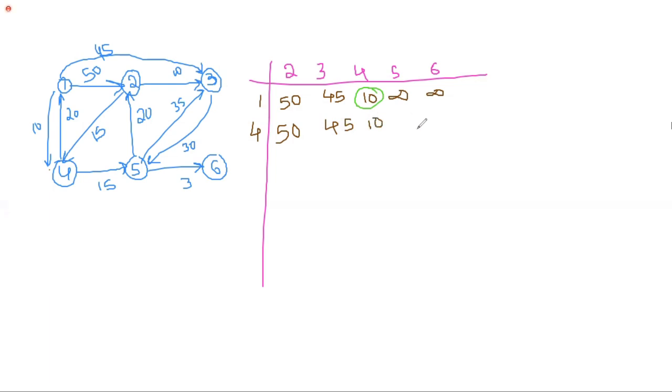Next, 1 to 5. Is there any possibility to reach 5 from 1? Now I know vertex 4 also. With the help of 4, is there any possibility to reach 5 via 1? Yes, ma'am. What is the distance now? 25. Why are you not saying 15? Ma'am, 1 to 4 it's 10 we have. Yes, very good. 4 to 5 it is 15. So the source is always 1 only. We are taking the help of 4, but the source is always 1. From 1 only we are moving. So this is 25. Very good. Next, 1 to 6. Is there any possibility with the help of 4?